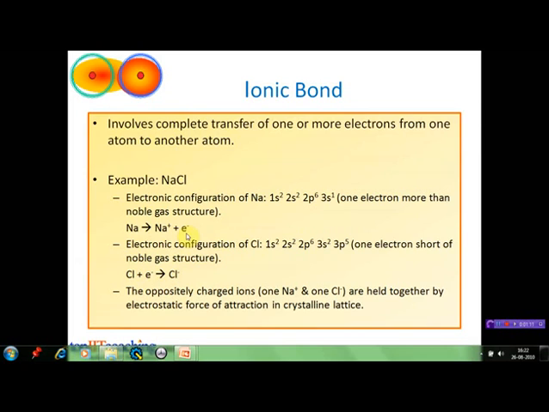The positive charge arises because sodium nucleus has 11 positively charged protons, each having a unit positive charge. Whereas after losing one electron, as in its ion, it now has only 10 electrons, each having a unit negative charge. So the net charge which remains on sodium ion is 11 minus 10, that is 1 positive charge.